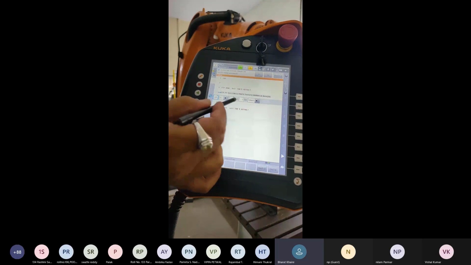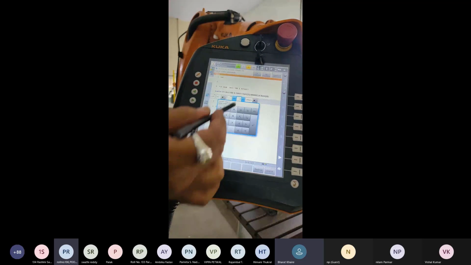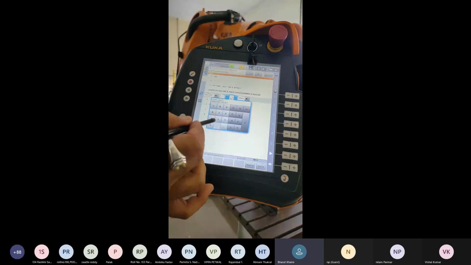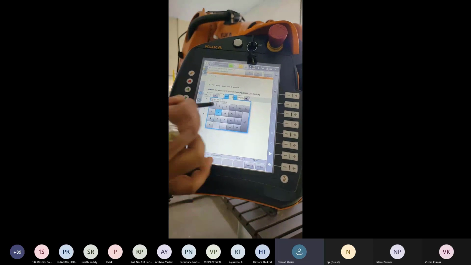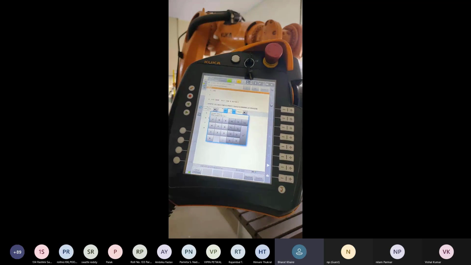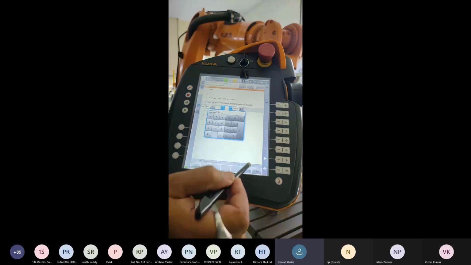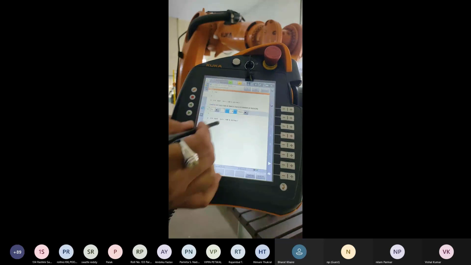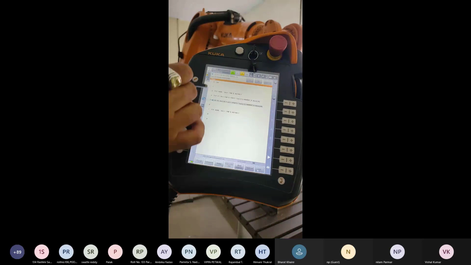Point 2, velocity I am changing. Velocity is 0.5, it means 500 mm per minute. And command OK. So the line command is generated as point 2.